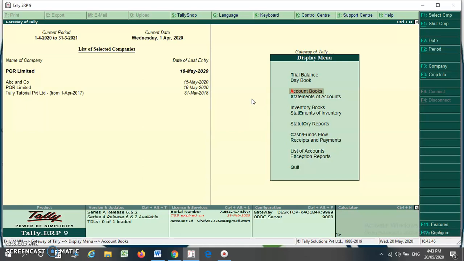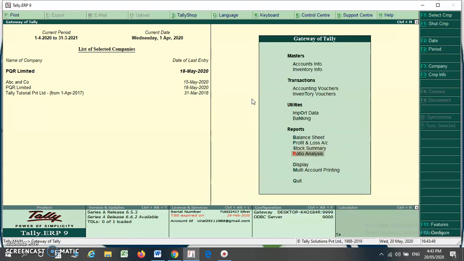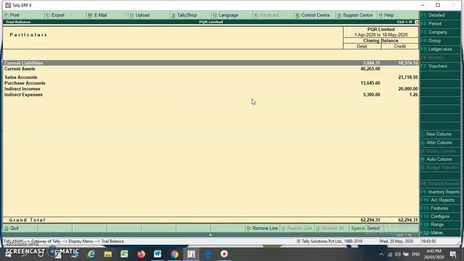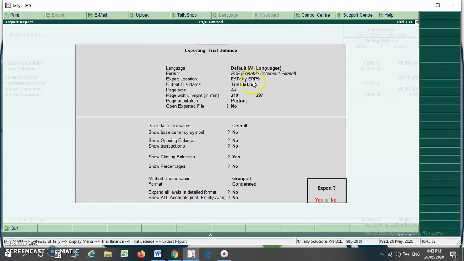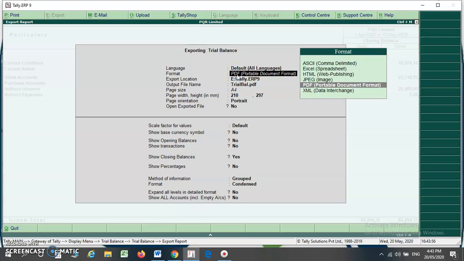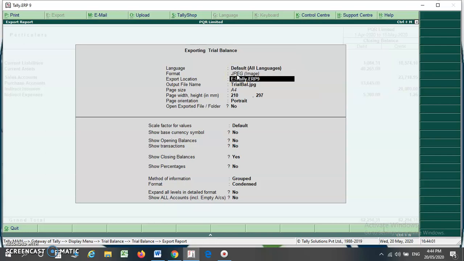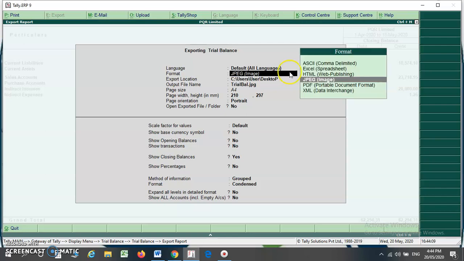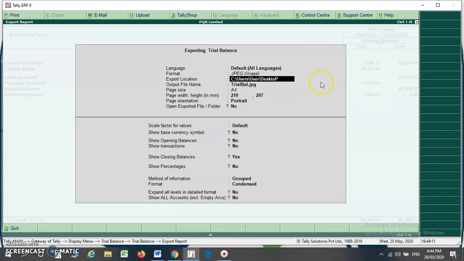Suppose you want to export the trial balance, just go to trial balance, select the export button or Alt plus E. The export menu will appear. Here you can choose JPEG image. Here you can choose the path as per your requirement. You can choose your path or you can choose your format as per your requirement.